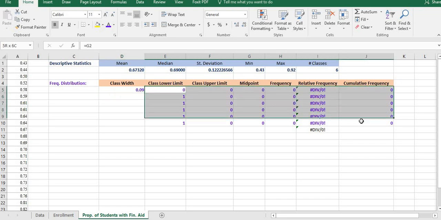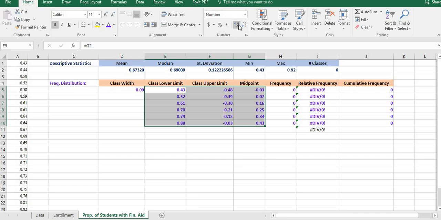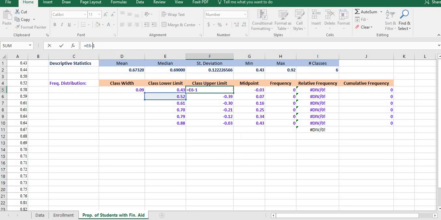And I'm going to come over here and do the same thing again. For the class lower, upper, and the midpoint, I am going to increase this to 2 decimal places. The reason it's giving me an error is because this is saying that it's a negative. What I have to do instead of subtracting by 1, remember that we're dealing with a percentage, so I have to subtract by 0.01. So now it will give me something that works better. I'm going to re-drag this in here, and then it'll automatically change it. The last one should,